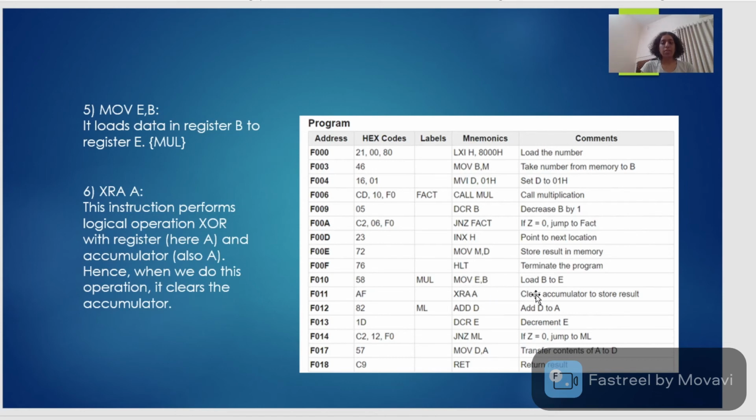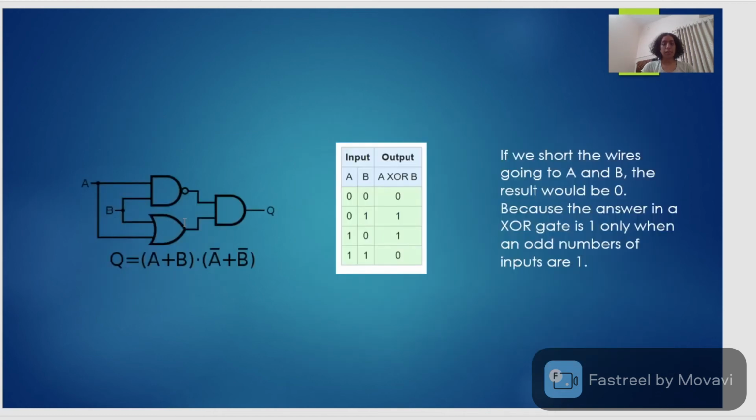XRA A. I told you the accumulator is A. XRA A is to clear the accumulator to store the result. How will this happen? I will tell you. This instruction XRA performs an XOR operation of the register A, and here we have written A, meaning we have to do the XOR operation of A with A only. XOR operation means if both are 1 it will be 0, if both are 0 it will be 0 again.